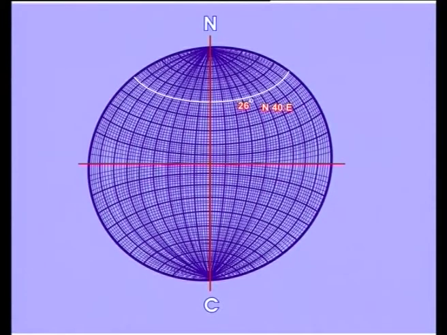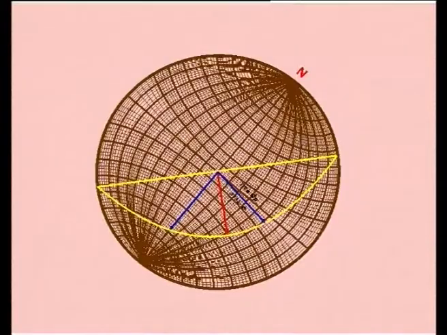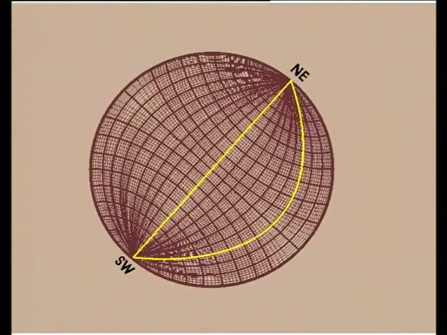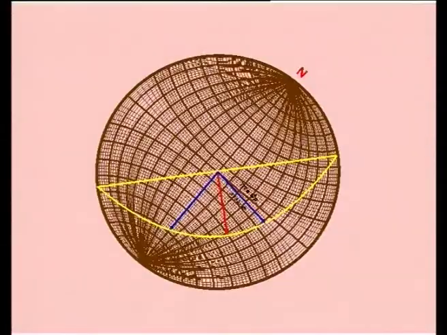If you remember, the orientation of a line can also be defined in terms of pitch, or the angle between that inclined line and the strike line of an inclined plane on which the line lies. This can also be represented in the stereographic projection. If we know the strike of the inclined plane, we mark those on the transparent paper called the overlay with the help of the stereographic net.